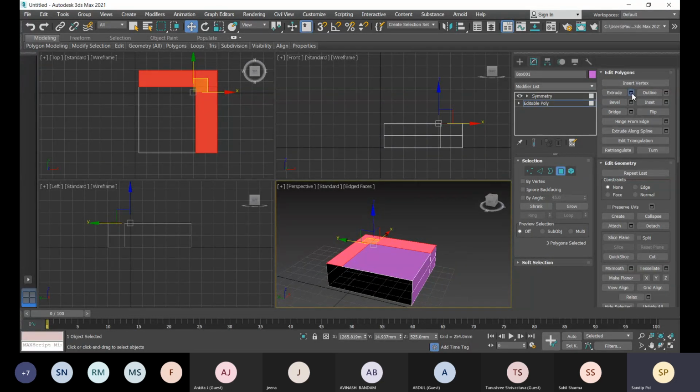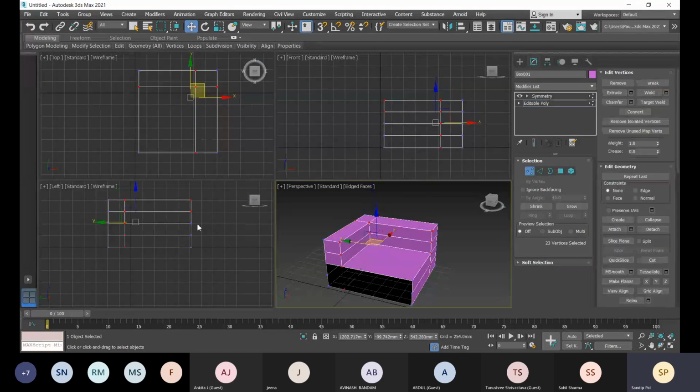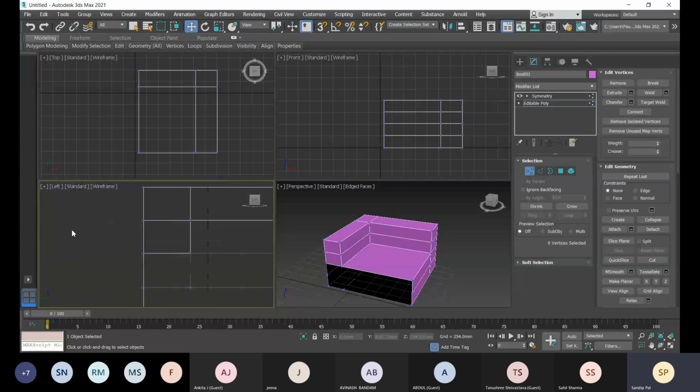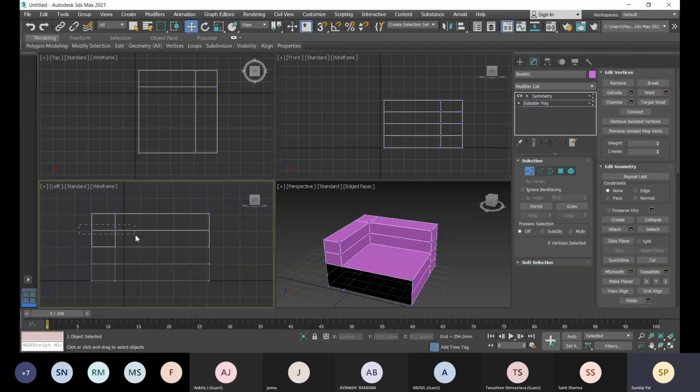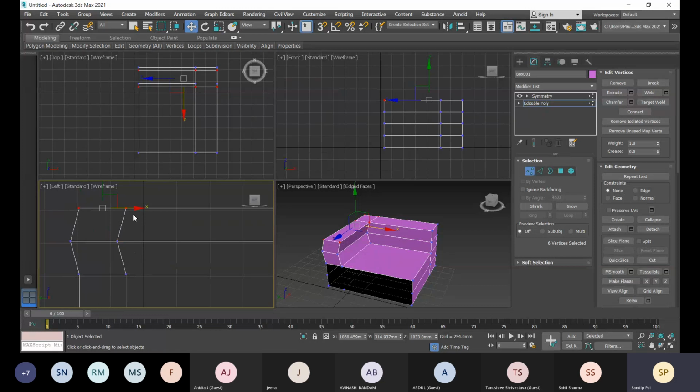I'll go with the extrude settings, and there I'll provide 254, that is okay, or I can provide 250. Then I will add another, so I will go with this add option with the same value, and click on OK, right click, then press 1 for vertex mode, come to this left viewport, select this to move it a bit, so you create a shape like this, select these vertices and